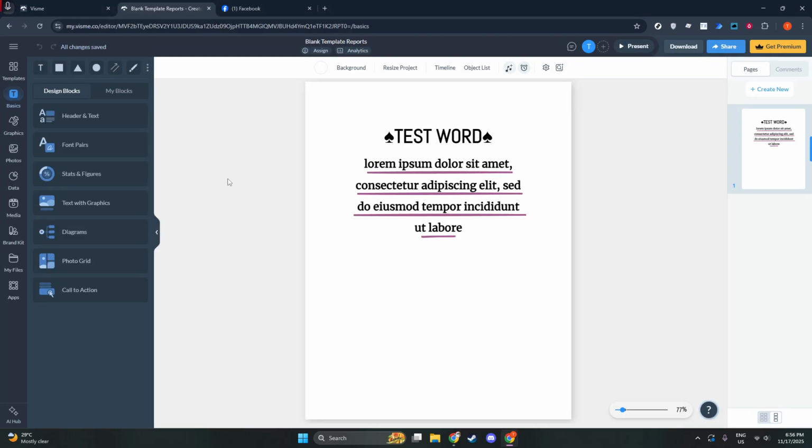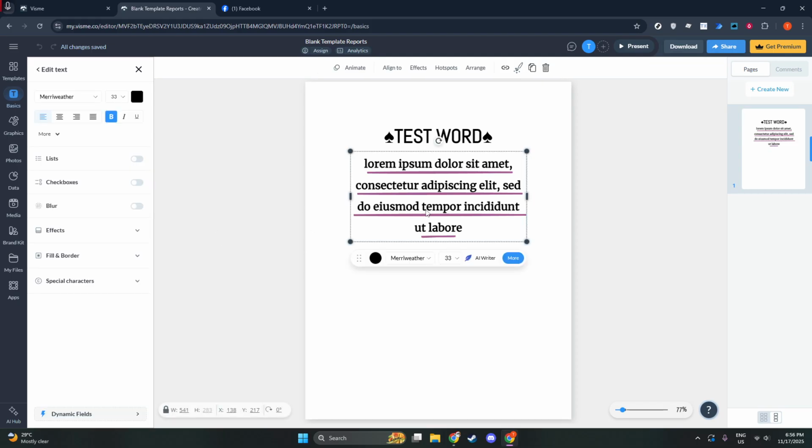First, you'll want to start by selecting the text box you wish to style. Simply click or double-click on the text box. This action brings up the Edit Text panel, giving you a wealth of options to start enhancing your text. The Edit Text panel is a powerful feature in Visme, providing you with a variety of tools to bring your